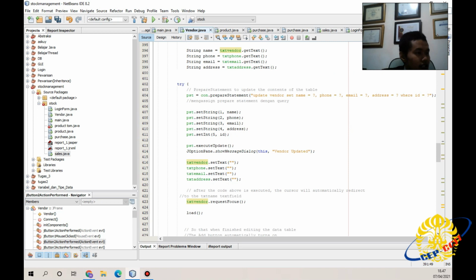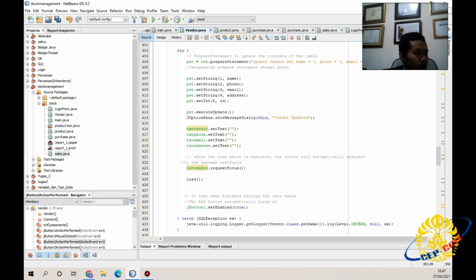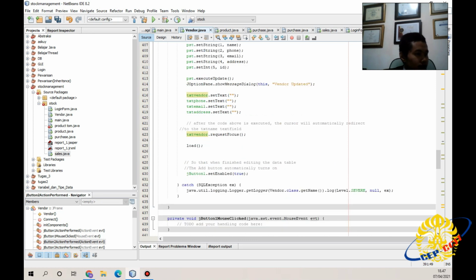Using try catch, prepared statement to update the contents of the table. Assign the statement with the query: name, phone, email, address. Set string name, set string phone, set string email, and set string address. And then execute update.